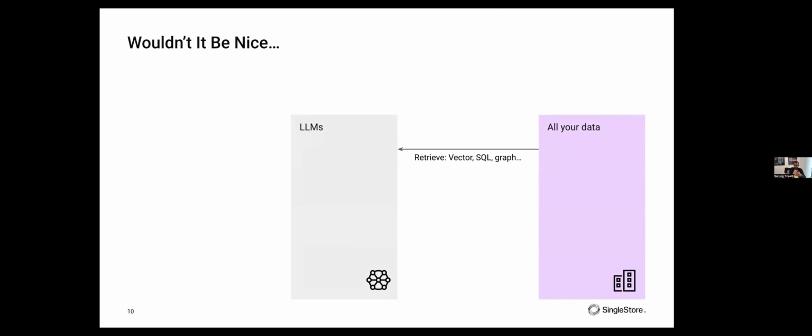However, here at SingleStore, we give our customers the ability, as Arvind will tell you himself, to take all of that data and retrieve the vector data, the SQL data, the graph data, whatever it is, and give that to the LLM and get the state back from the LLM in terms of the user's history and things like that, and then fine tune and re-rank your results from your database itself, all in a single